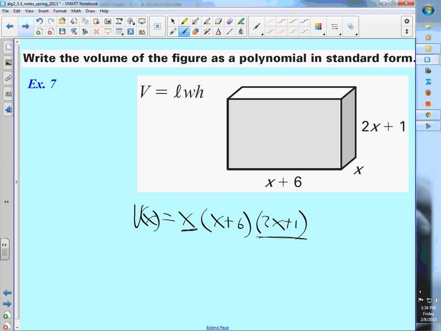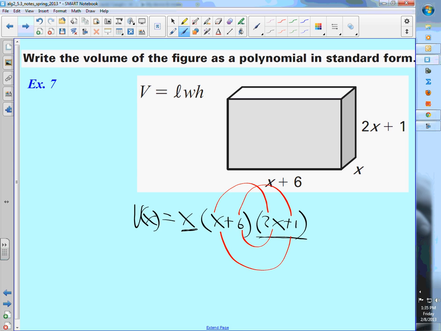You want to save the monomials till the end. Do not distribute this x times this. You can do it that way, and you will still be able to get it correct, but you're more apt to make the error. It is much easier to multiply those binomials right there than it is to distribute and then multiply the two resulting binomials. And remember, when you multiply this x, you don't do it times everybody, it's just times one of the binomials. So FOIL, monkey method, whatever it is you do,